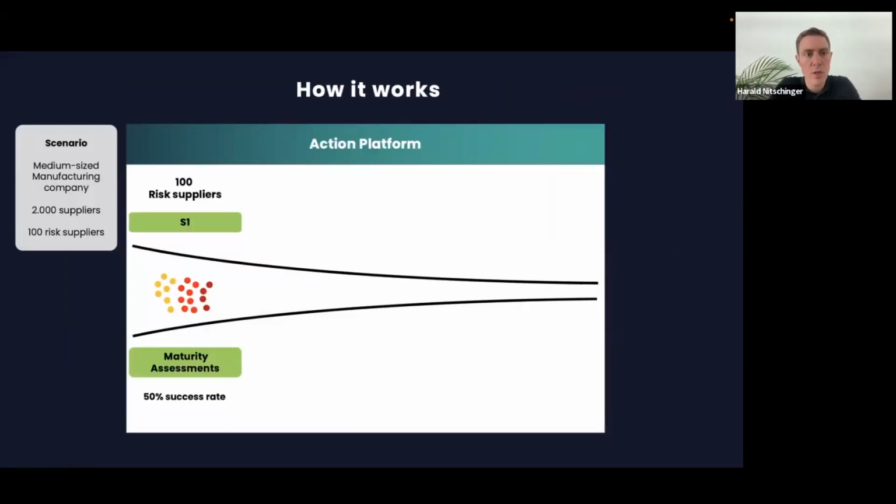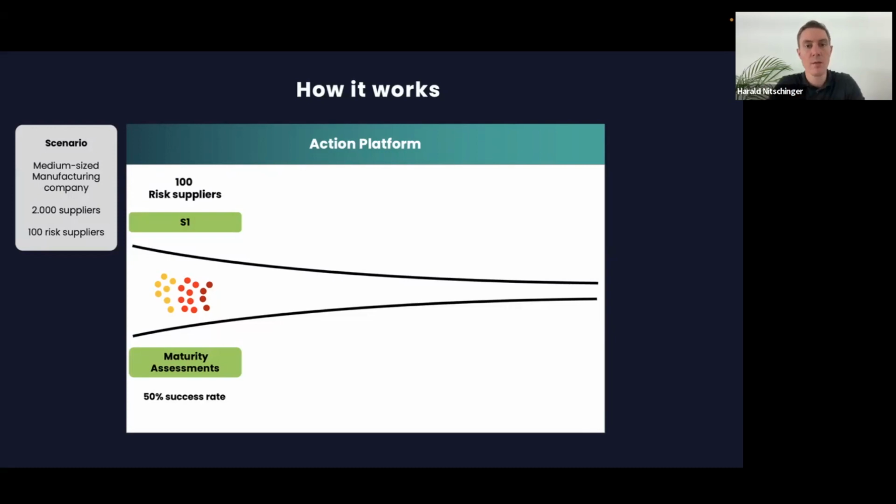And I brought here an example of a typical, let's say, medium-sized manufacturing company. They have maybe 2,000 suppliers overall. And after a first risk analysis, we have 100 risk suppliers. So suppliers with both risk and impact in the top right of the risk matrix. And the action platform is now a systematic way to move these suppliers through the funnel and reduce risk along the way. The first